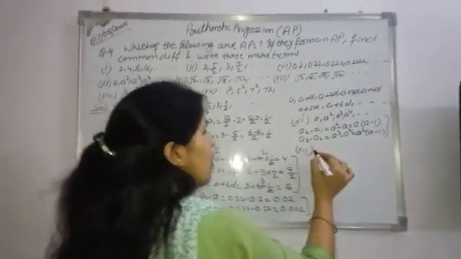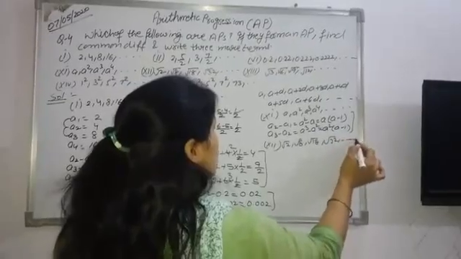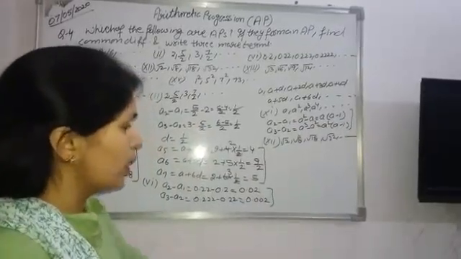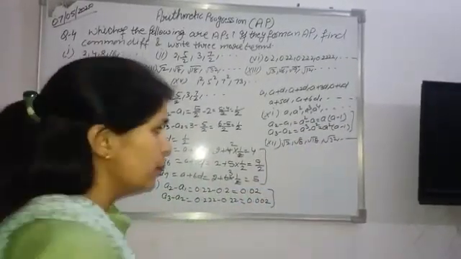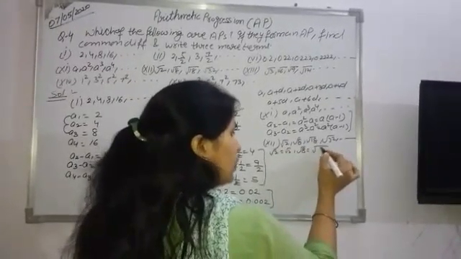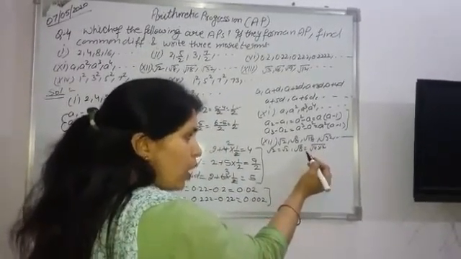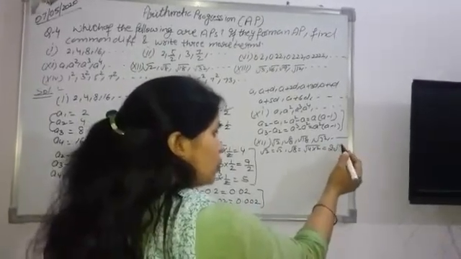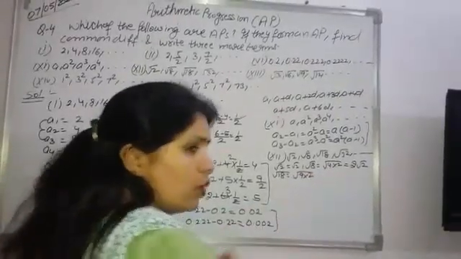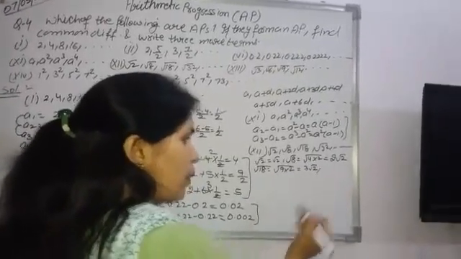Now the next part, the 12th part. In the 12th part, again you have to check root 2, then root 8, root 18, root 32 and so on. Can we simplify them in the form of a square root? Always you have to check whether we can simplify these terms further. Root 2 is the same, but root 8, how can we write it? Root 8 can be written as 4 into 2, and if we take the 4 out of the square root, this term is equal to twice root 2. Now root 18 can be written as 9 into 2, and 9 is 3 square, so this value is 3 times root 2.